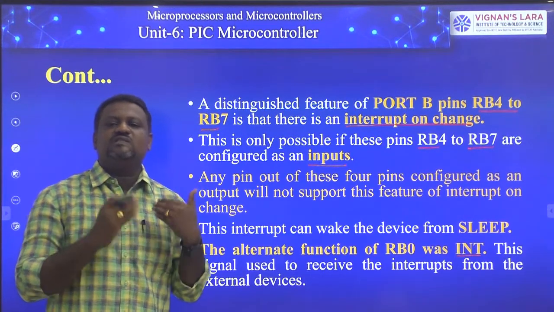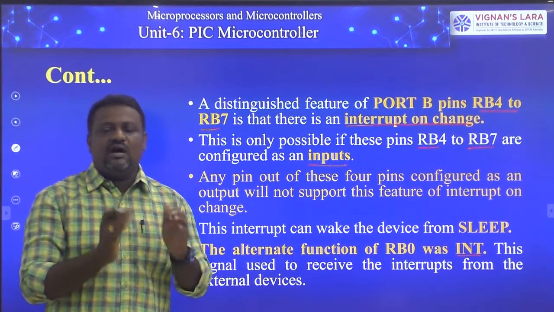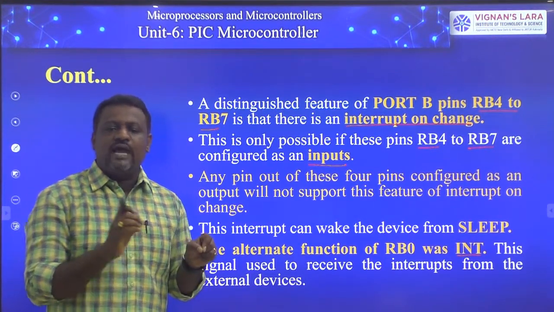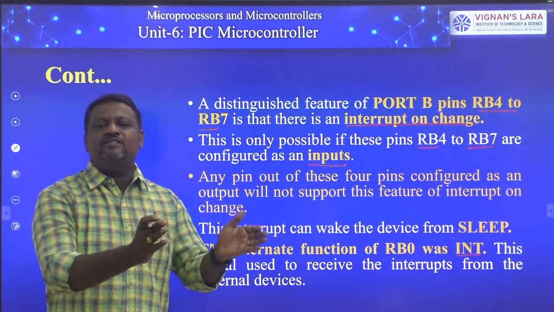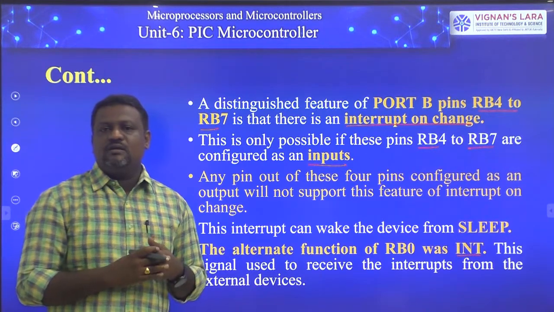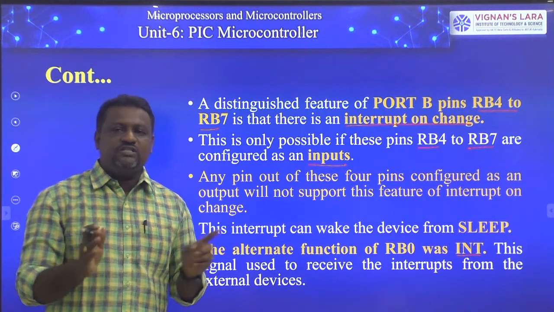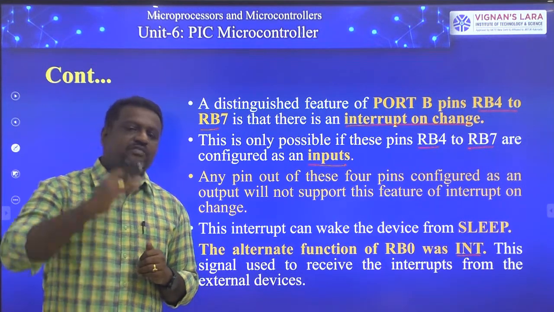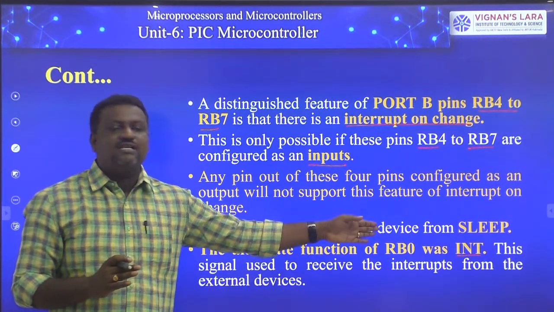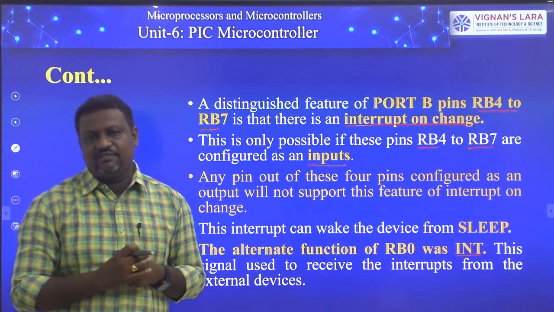But if you come to PIC 16C71, these 4 signals have an alternate function. RA0 to RA3 act as AIN0 to AIN3, meaning analog input signal 0 to analog input signal 3 for the internal ADC present in the PIC 16C71 controller. Coming to port B, it has 8 signals, RB0 to RB7. Out of 8 signals, only 1 signal has an alternate function, in either PIC 16C61 or PIC 16C71, that is RB0, which acts as an INT signal. By using this signal, it receives interrupts from external devices.